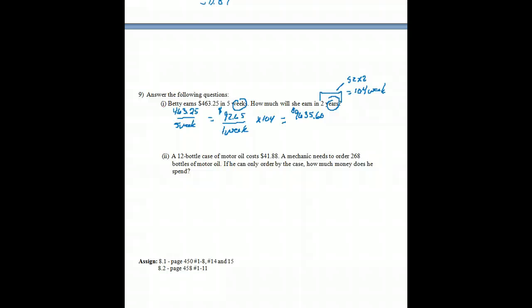And this last one, a 12 bottle case of motor oil costs $41.88. So you can buy a case of motor oil, 12 bottles in a case, for $41.88. A mechanic needs to order 268 bottles. If he can only order by the case, how much money does he spend? Well, the mechanic wants 268. So ordering by the case, we would look at how many cases would he need. If it's 268 bottles, and it's 12 bottles per case, he would need